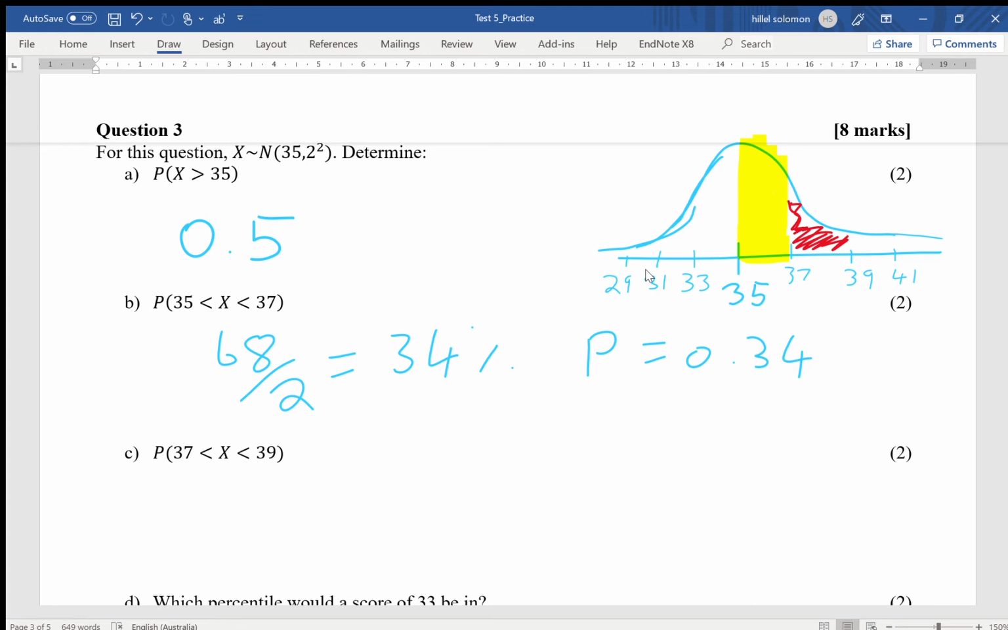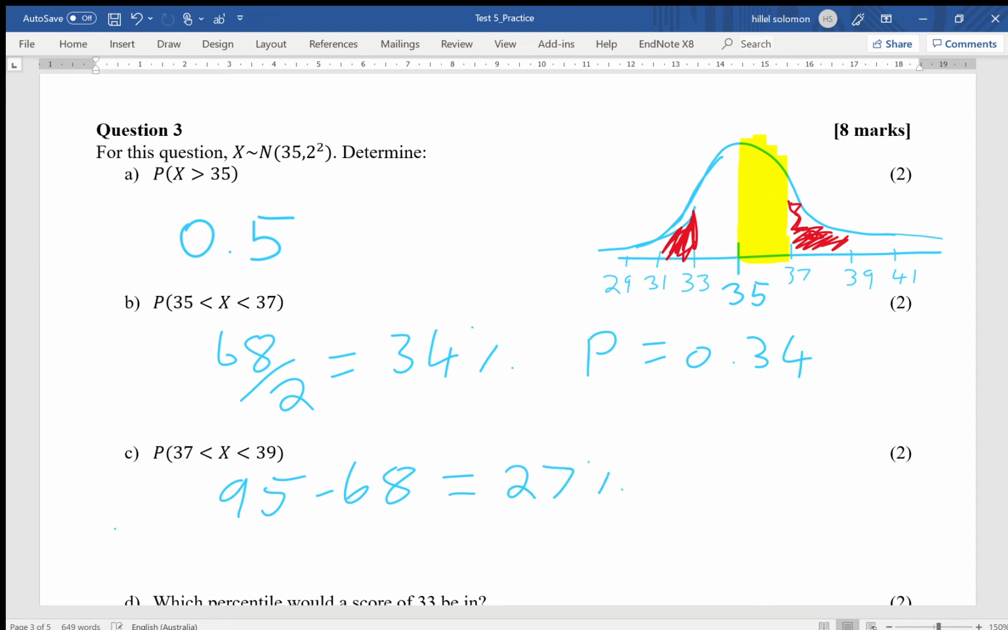I'm going to say that from 31 to 39, we know that there's 95% of the scores. But 68 of that 95 lie between 33 and 37. So if I shade this bit in red as well, what would be the total of this red bit? The total of that red plus this red, so all the red on that graph, will equal 95 minus 68, which gives me